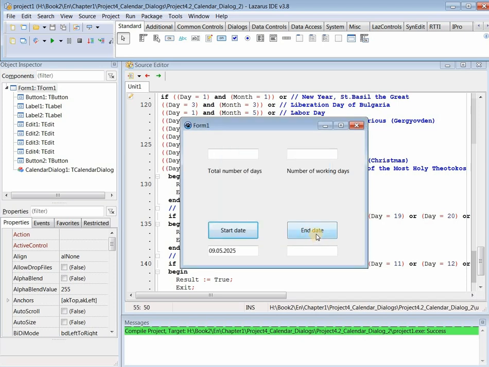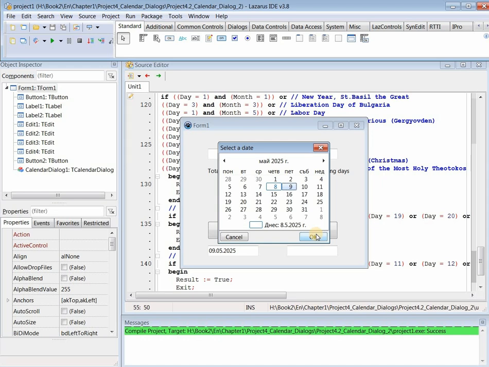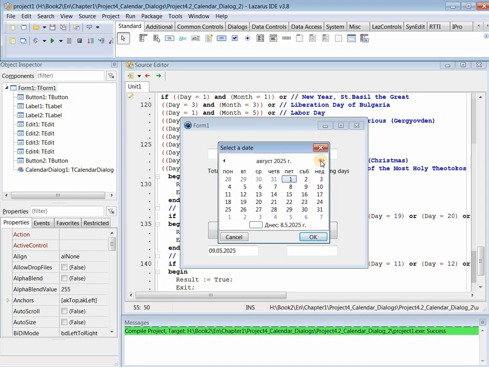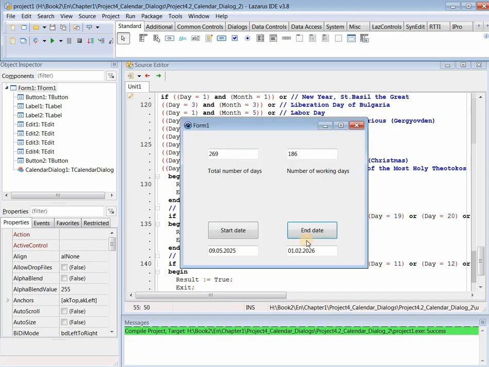I choose an end date, let me move to the new year. February 1st, 2026. Here you immediately see the total number of days, 269, and the working days,